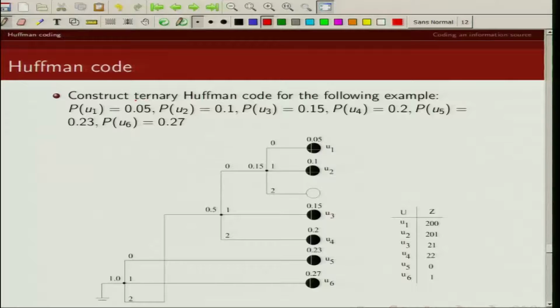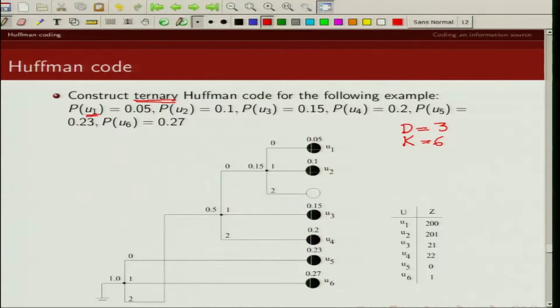So we are considering a ternary Huffman code. So D in our case is 3. We are considering the same example which we used for binary Huffman code. So in this example my k is 6.